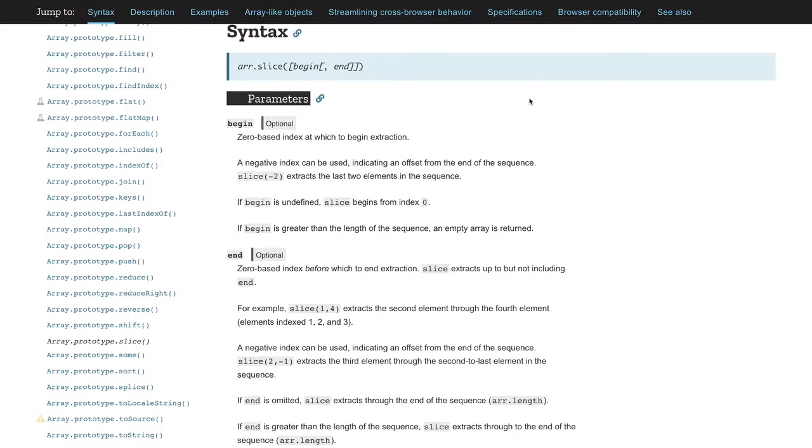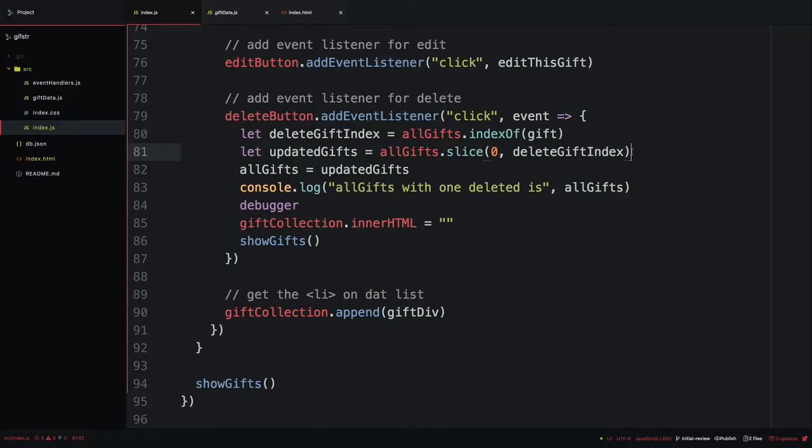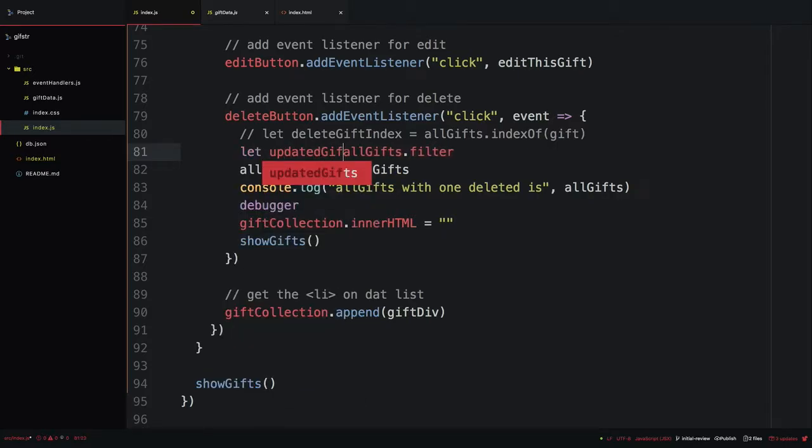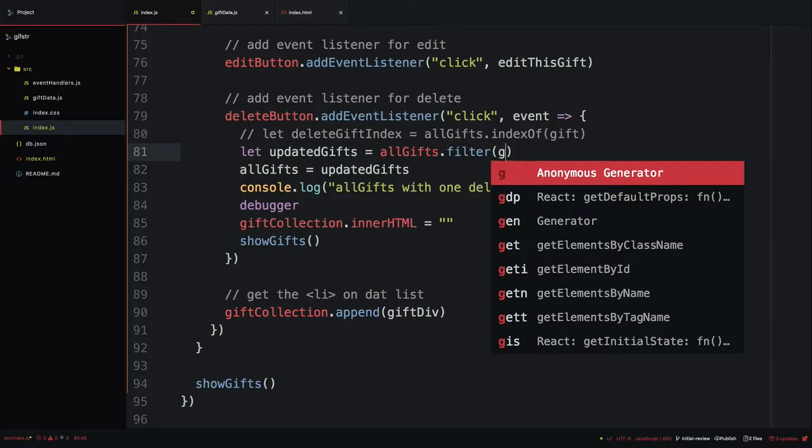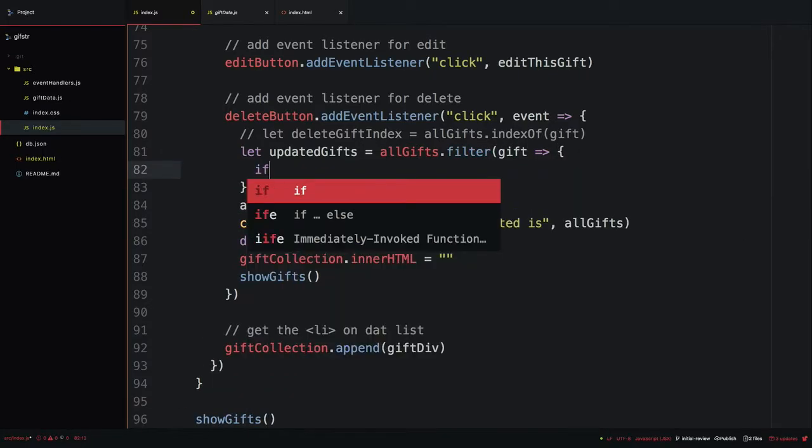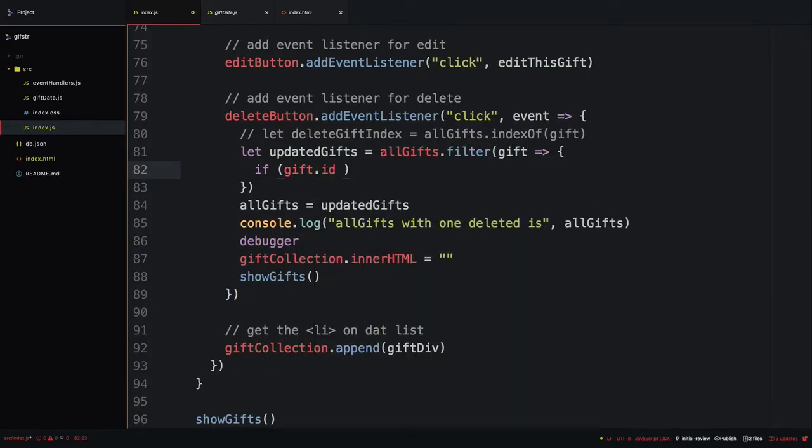We could do filter. Do you want me to do filter instead? Yeah, I mean, why not? Let's just show another iterator. So I would do, actually I probably don't need this. I would do all gifs dot filter. Let's save this to a variable. Updated gifs equals this. For each gif, if gif dot id triple equals,